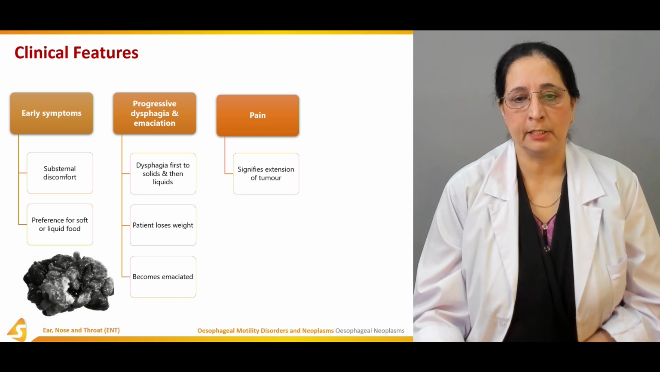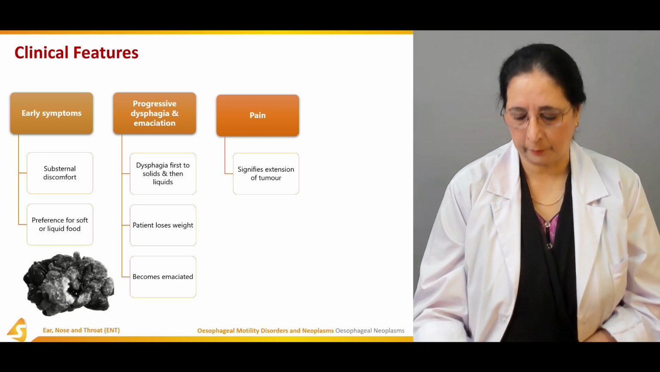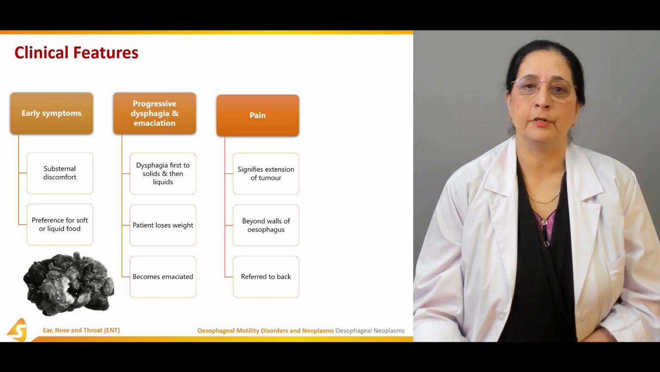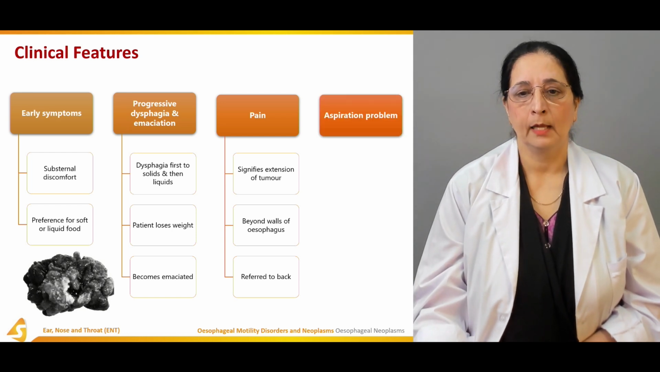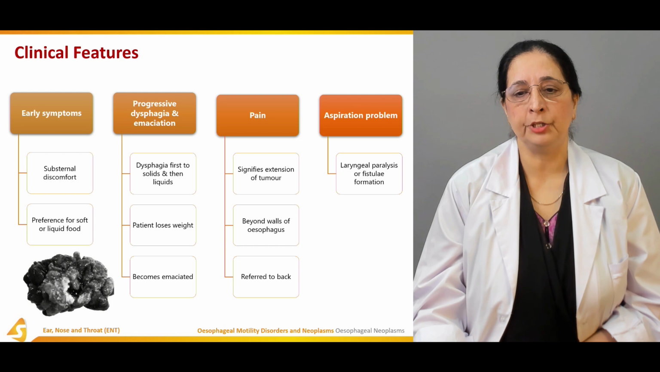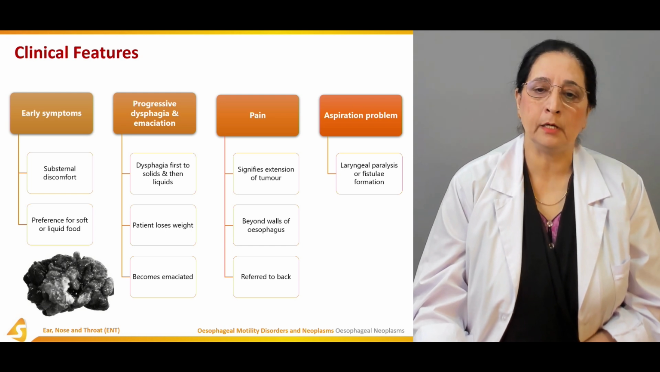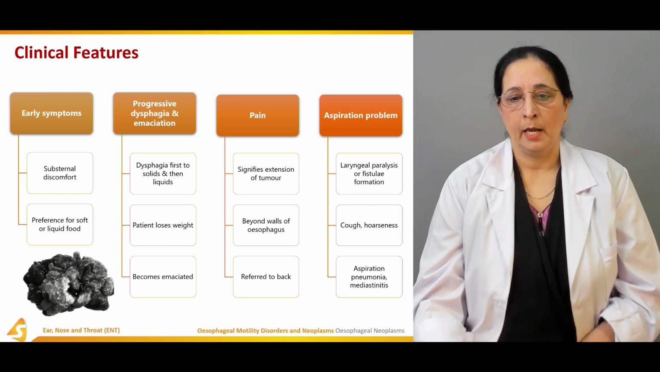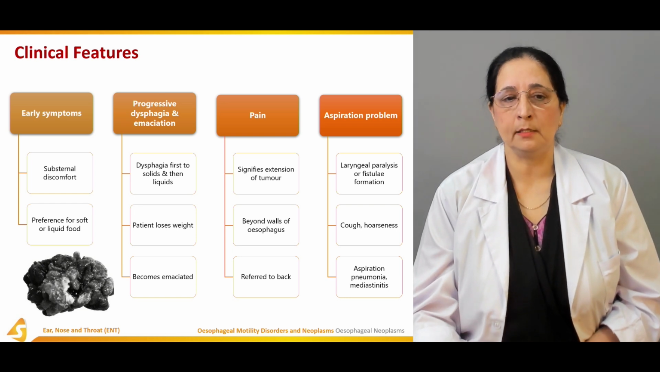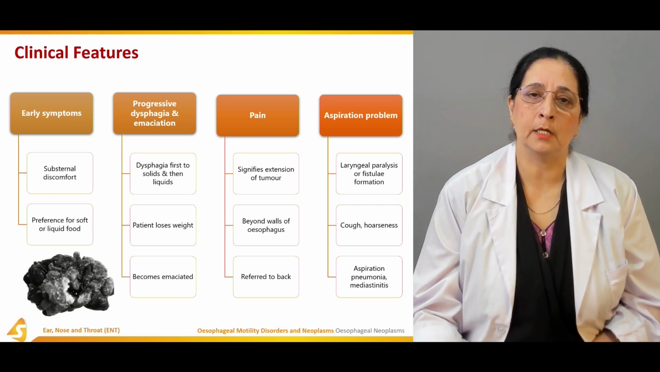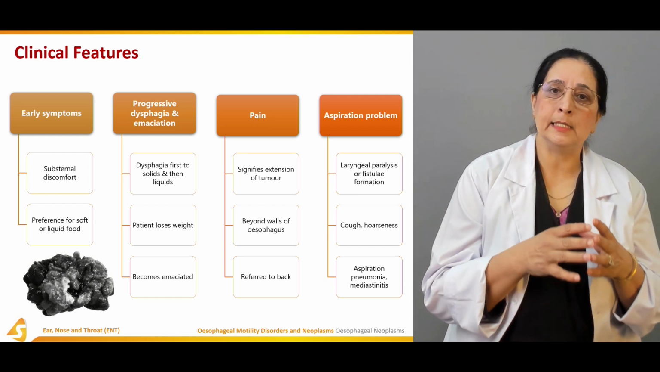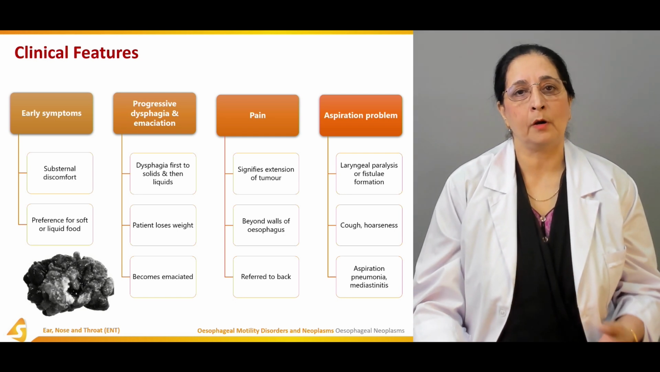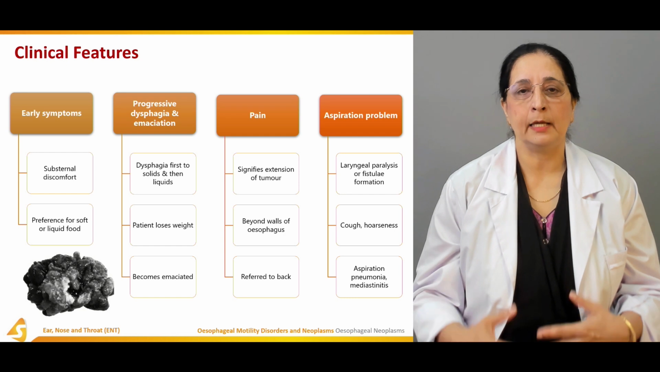Pain is present, which signifies extension of the tumor to distant areas beyond the wall of the esophagus, referred to the back. Aspiration problems, laryngeal paralysis or fistula formation, cough, hoarseness, aspiration pneumonia, and mediastinitis. So all these are the features associated with carcinoma. Again, in the beginning, when the size is small, the features are different, but as the tumor grows and progresses, the symptoms are different, and it can cause